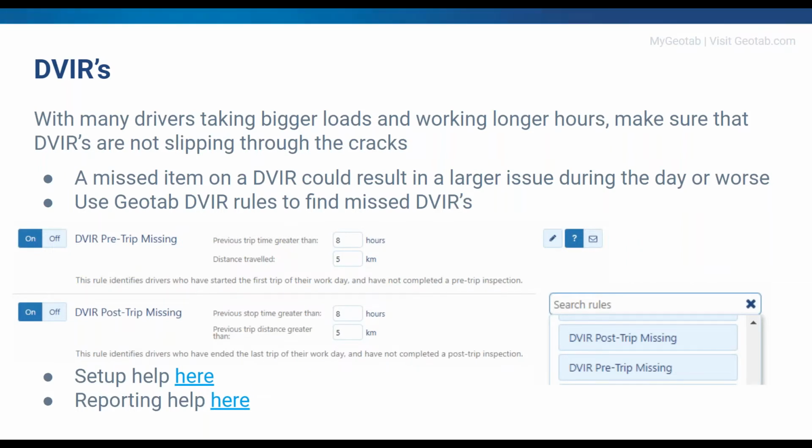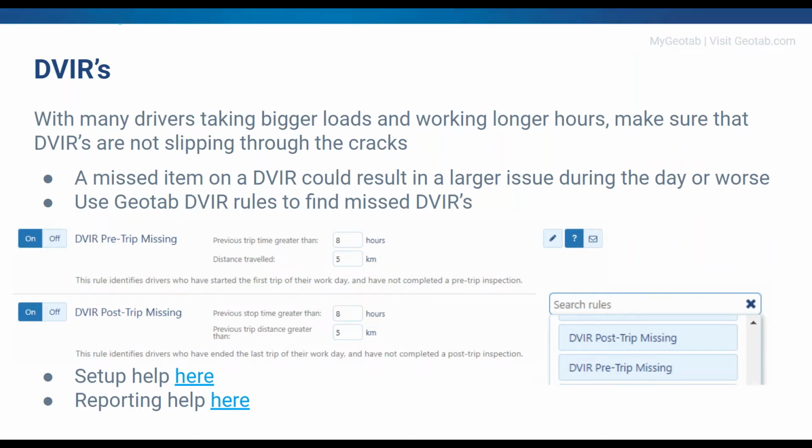So you can use these rules, put them onto reports, have emails sent out if you want to, just like a regular rule. They've got all of the regular options for notifications. And that way you can make sure that people are still doing the DVIRs like they should. Now, again, the post-trips are the most important because you have to still do those. There's no suspension or waivers on CFR 396 right now.